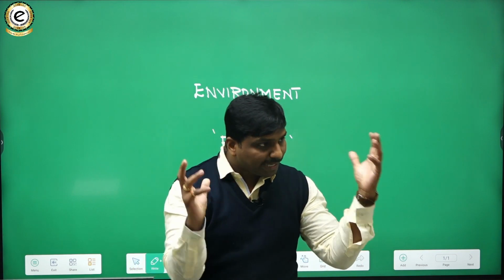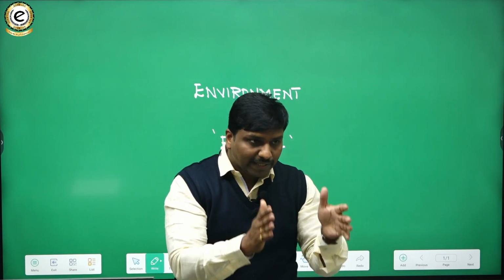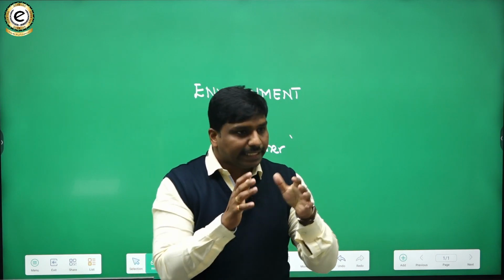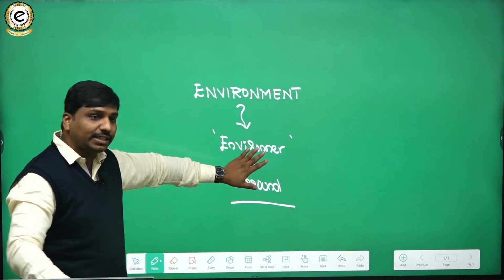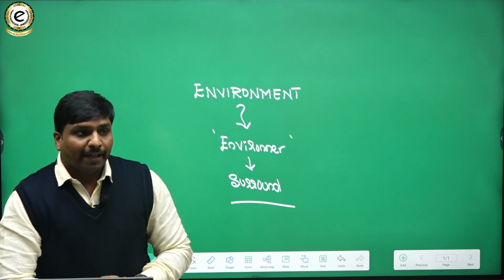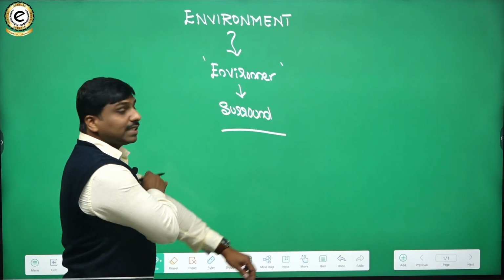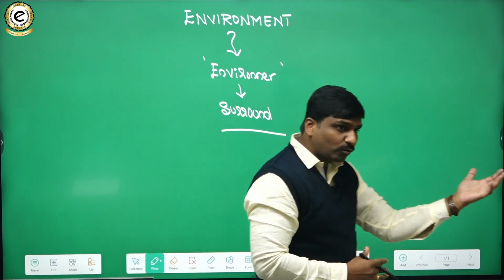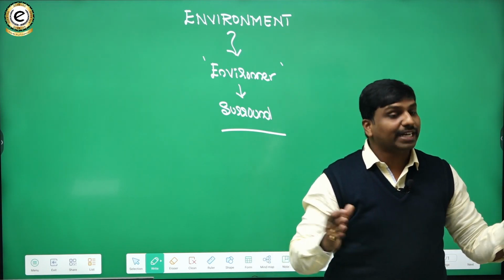So there are so many things that surround an organism. All those living as well as non-living things that surround an organism refer to the environment of an organism. Is that clear? So anything and everything that surrounds an organism is nothing but environment. Here, when we are talking from the perspective of an organism, we are saying it is the surroundings. In surroundings, living things would be there and non-living things would be there. Based on this, we have various components of the environment.